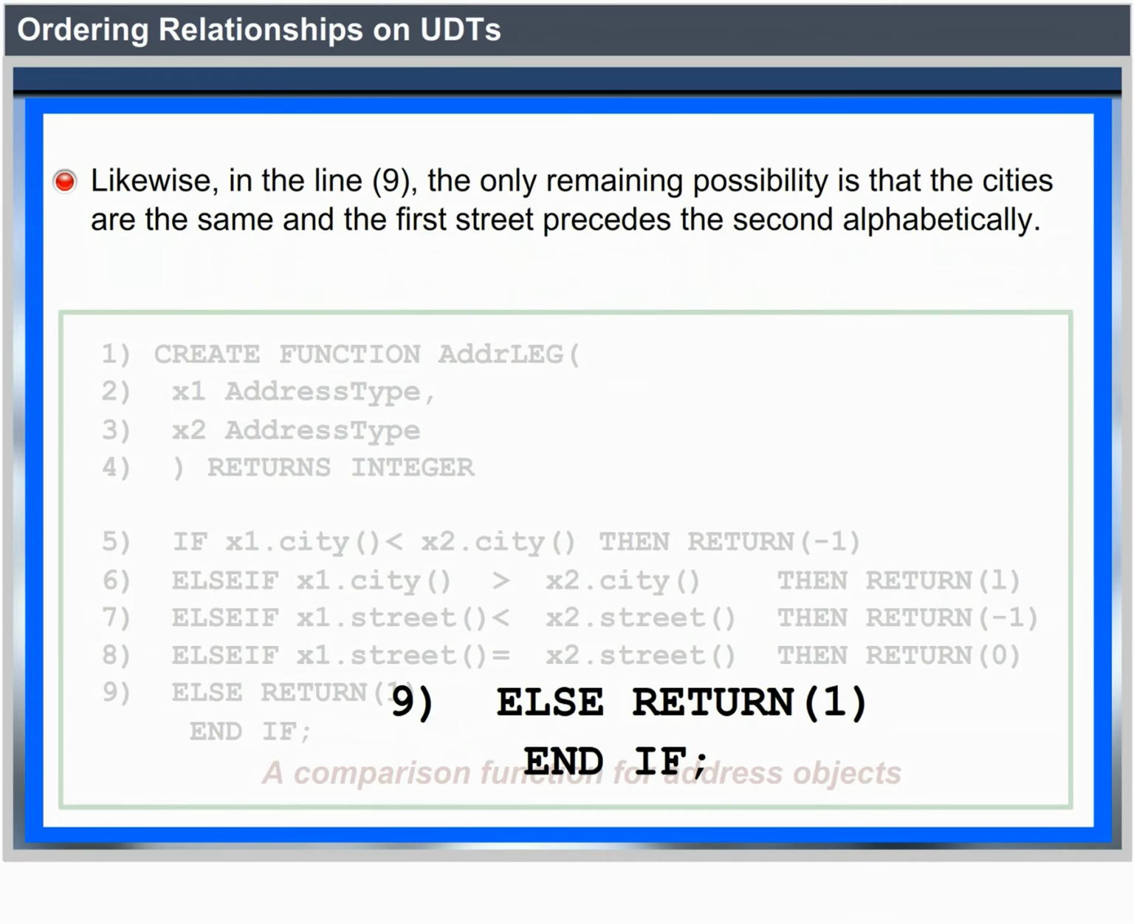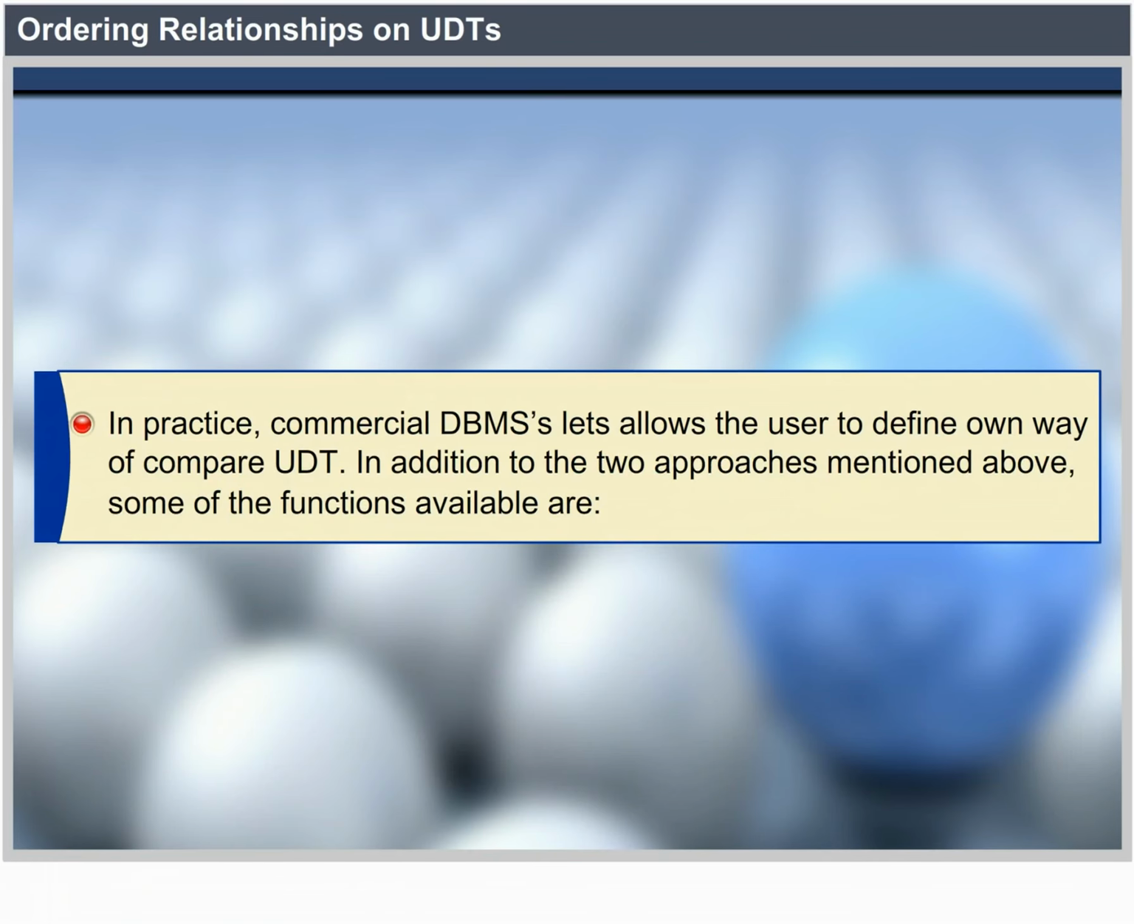In practice, commercial database management systems each have their own way of allowing the user to define comparisons for a UDT in addition to the two approaches mentioned above. Some of the capabilities offered are